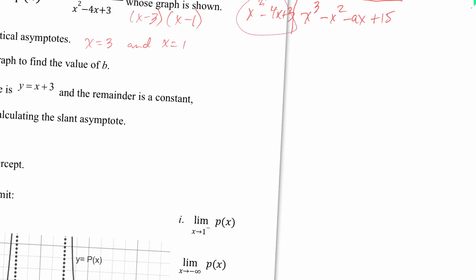And it says the remainder has to be a constant, okay? X squared minus 4x plus 3. Now normally when we get a remainder here, it could be an x term as long as it's lower than the x squared term, the degree. But in this case it says that r is a constant, so it must have a constant result here. So I know x goes in here, and I'm going to get x cubed minus 4x squared plus 3x,